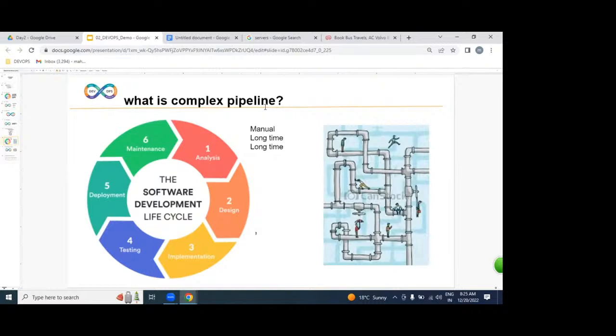The complex pipeline we call SDLC. Why do we call this a complex process? Why is SDLC complex? Because it is a manual process, from analysis to design to implementation to testing. From one team to another team, it is a manual process. It is not an automated process.